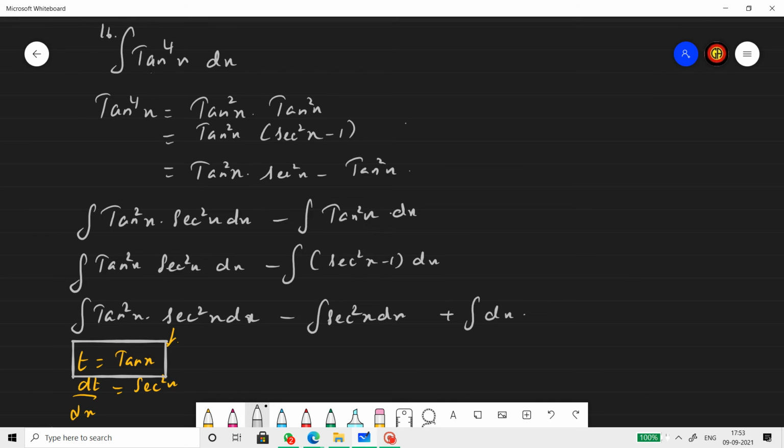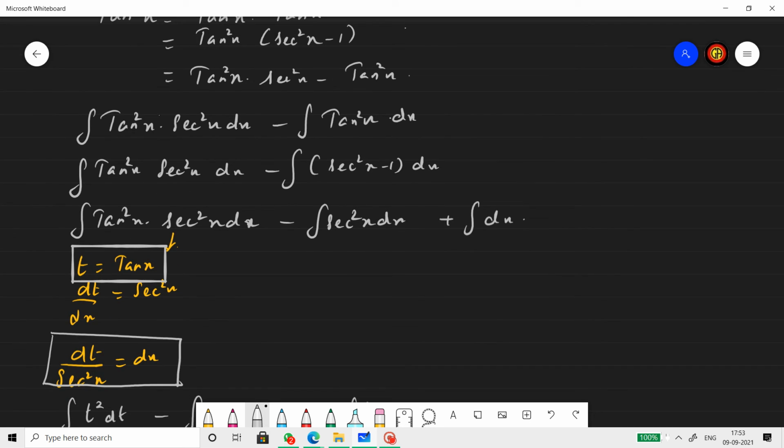16th question. This type of question is important even for 1 mark. Like sine power 4x, cos power 4x, tan power 4x, all these are important questions. So tan power 4x, we will write it as tan square x into tan square x. And tan square x will be written as secant square x minus 1. Now multiply tan square x in. So tan square x into secant square x, tan square x into minus 1, that's minus